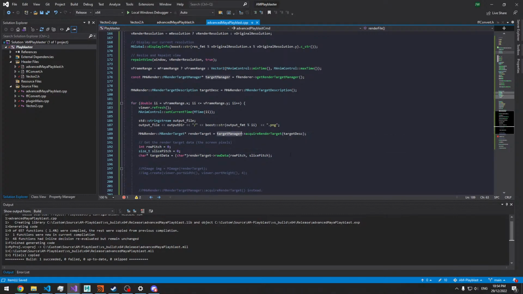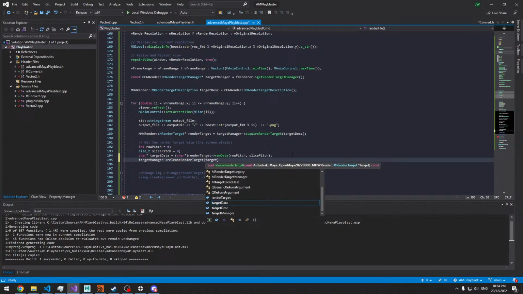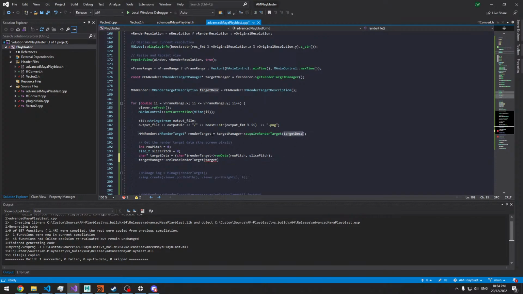So target manager, release target. Please release that. So then I should now get a texture. Just going to create a texture inside here, which is not what I want, but I need to figure out what the raw data is first. So